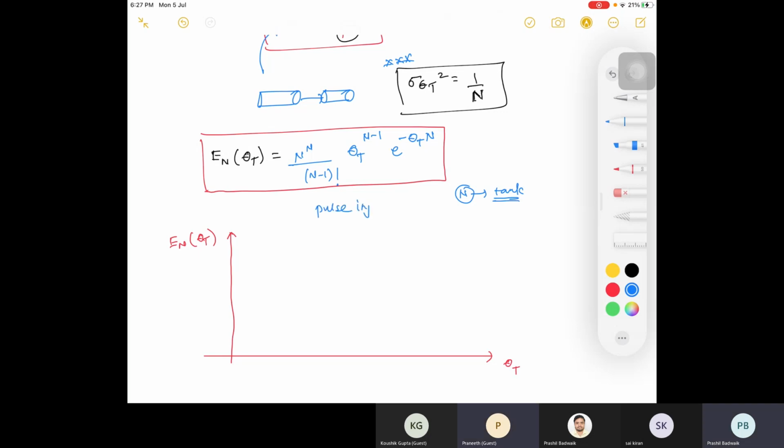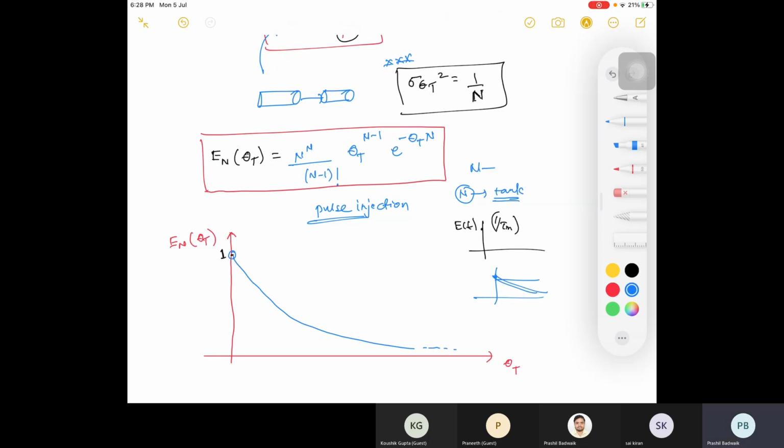So it is exponentially decreasing, and that is your E theta. It will start from 1. Because it is E theta, it is not the ET curve. In case of the ET curve, the starting point is 1 by tau m, but in case of theta, I told you every curve will start from 1. That is the significance, or the importance, of your dimensionless number. So this is your starting point, that is 1, and it will exponentially decrease.